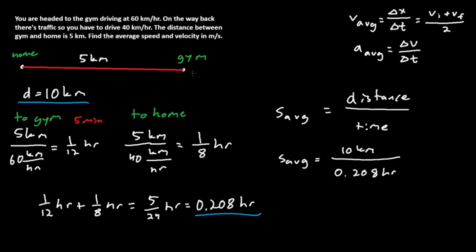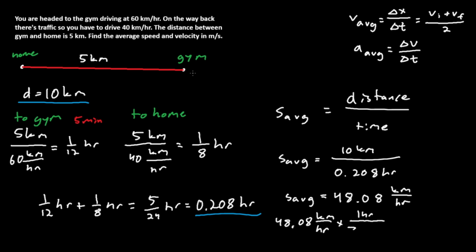So if you were to divide 10 by 0.208, then you would get 48.08. This is approximately kilometers per hour. And if we use some unit conversion, you get 48.08 kilometers per hour times 1 hour, which is equal to 3,600 seconds, times